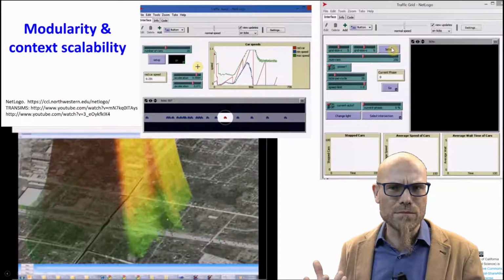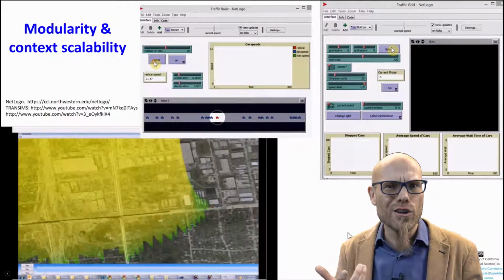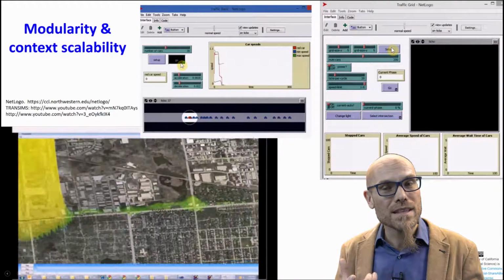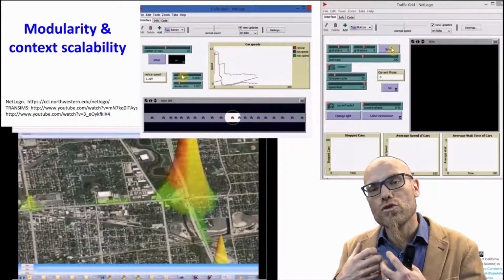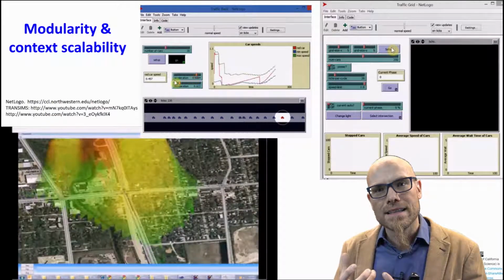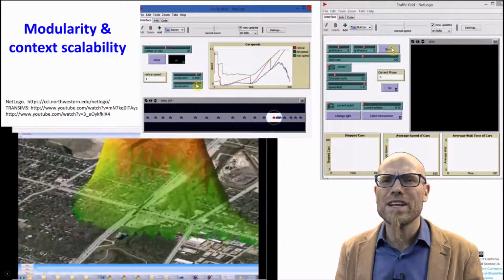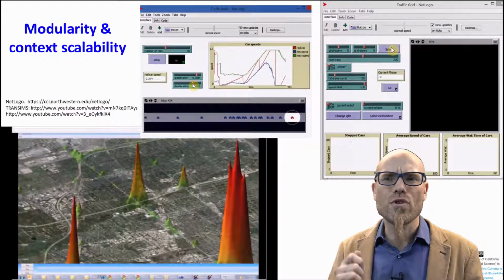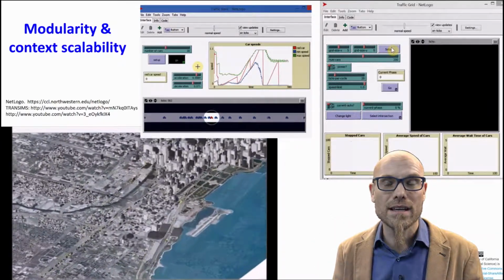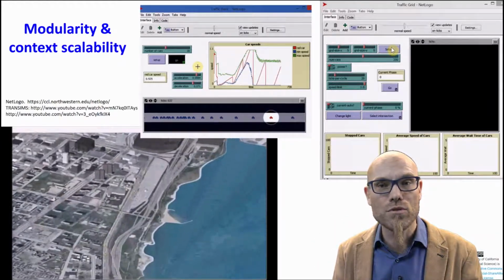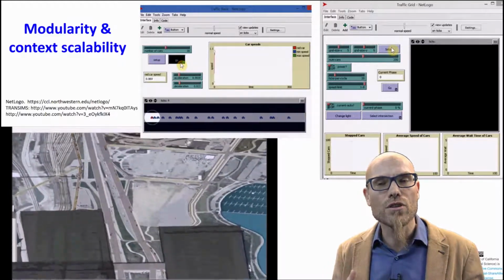Now, if you have an agent-based model like this based in code, you don't have to start at zero. Because some of the assumptions of acceleration and deceleration will be the same in all countries of the world, in all localities. And you can work with that. You don't start at zero, but then you can adjust it to local context. You don't have to do that anew every time, which would be impossible because you don't have the financial resources to develop a brand new model for every small town in a rural area in a least developed, poor country. No, you don't have the resources, but with this modular approach, you can scale.